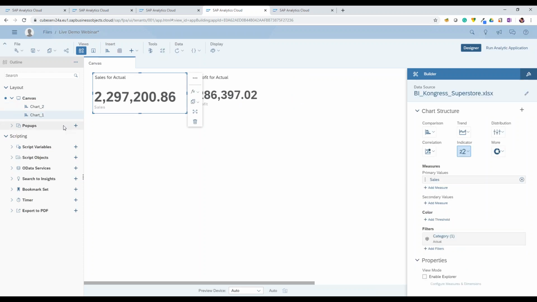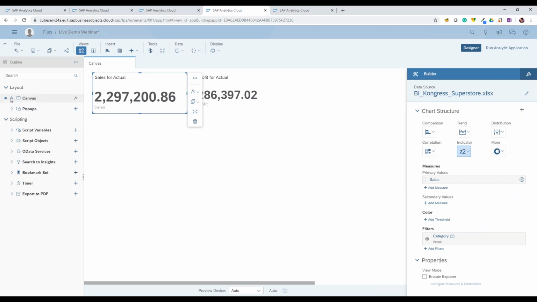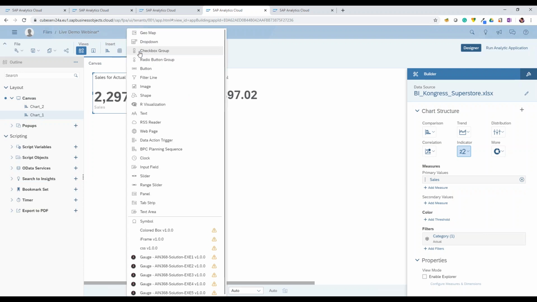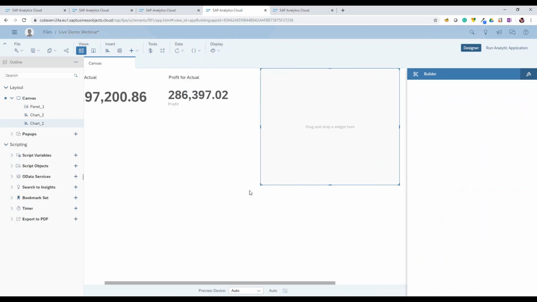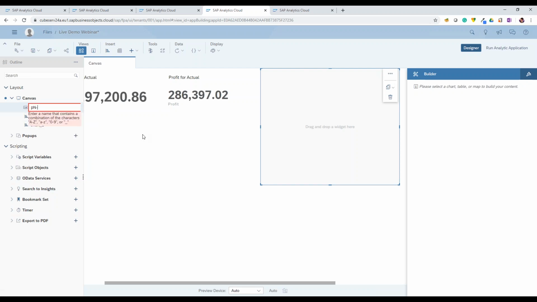One important thing over here is that when we are working with applications, then it is important to divide our application into logical areas. For that, we have the container components that Anastasia already mentioned. I will go ahead and divide my application into components, into different logical areas. For that, I will insert a panel and say this is my panel header.